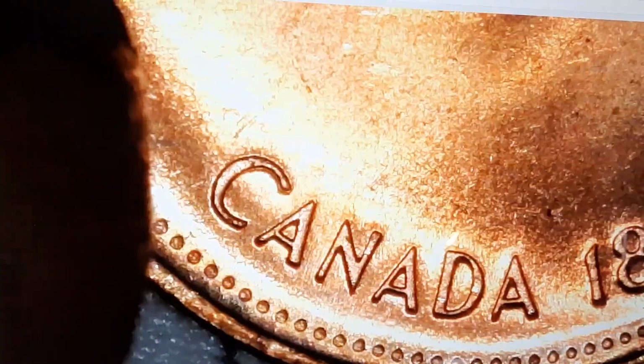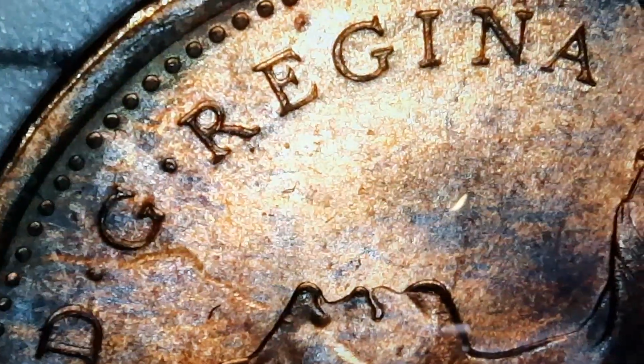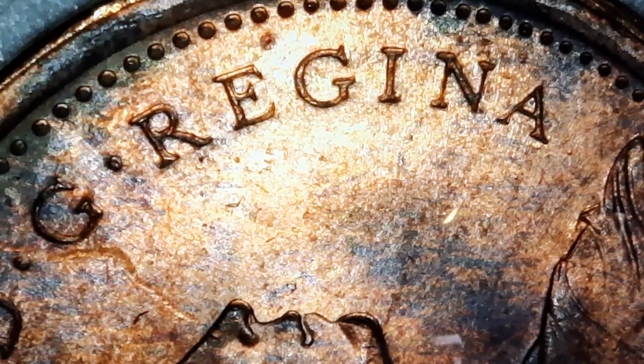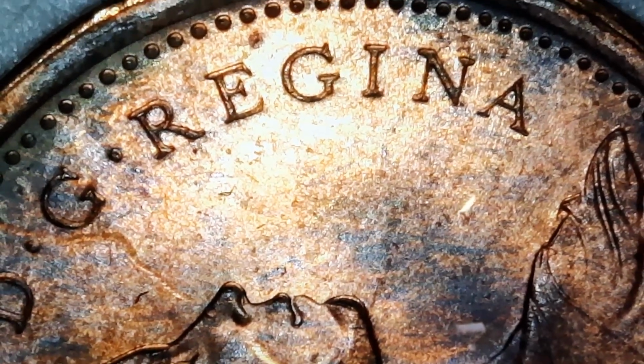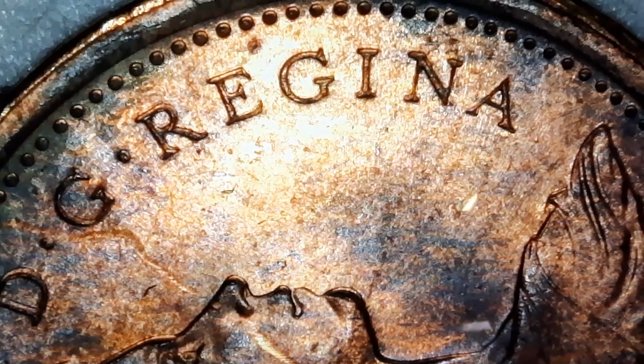No, not so much. A little bit on that C. It looks like you can see some doubling right here. It could just be a shadow, but I'll be looking closely at all of these. And then, of course, on the obverse, the doubling would be really pronounced on the Regina here. Particularly, you might see a double serif on the G. So I'm going to look through all of these. I'll verify with you if this is a full roll of uncirculated 1967s, and of course, if we find anything